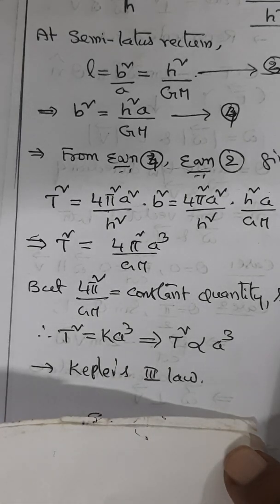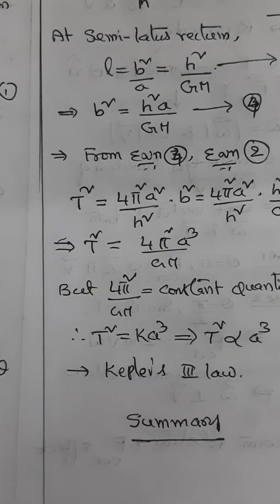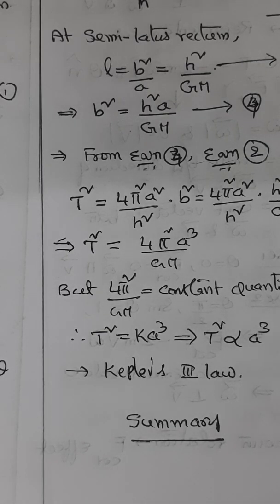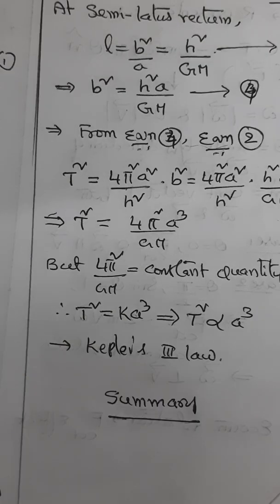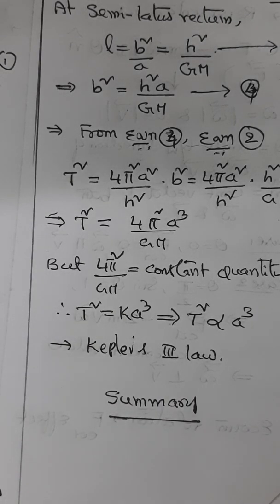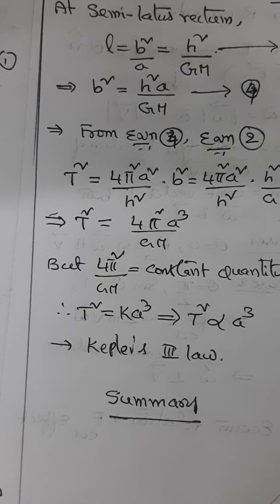So let us summarize the entire mechanics now. In the current session, in continuation to the previous session, we showed the deduction of Kepler's second law as well as Kepler's third law from Newton's laws. Now if you see the whole mechanics, how do we summarize this? The inertia of a body is directly proportional to its mass. Based on Newton's first law, in the absence of any net force on a body, the body is either at rest or it moves with a constant speed in a straight line.